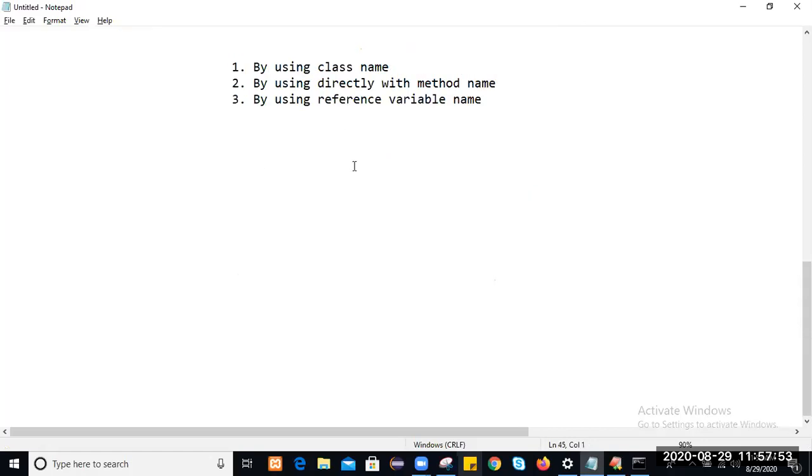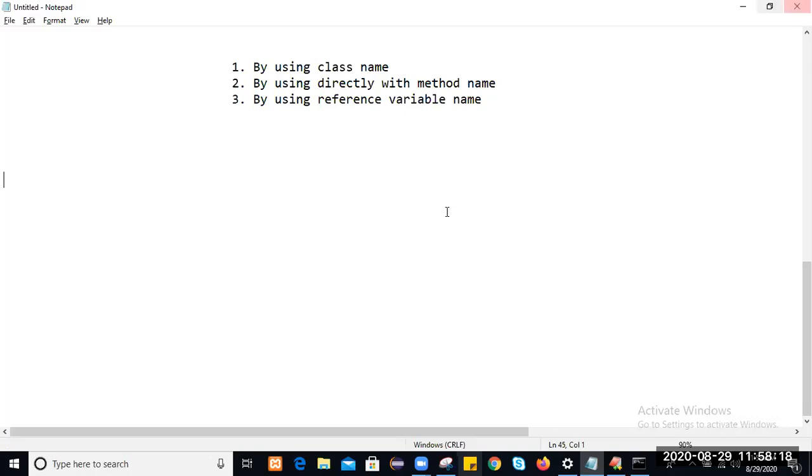We can call an instance method from the instance area in two ways, and we can call a static method from the static area in three ways, in both the instance area and the static area. If you want to call an instance method from the static area, we can call it only one way. You have to create an object, and by using the memory address of that object, you can call the instance method.